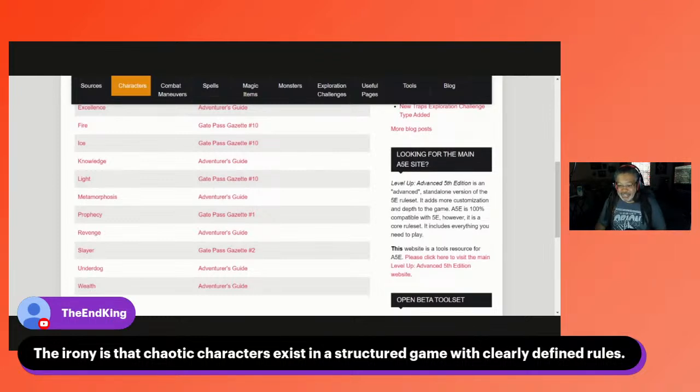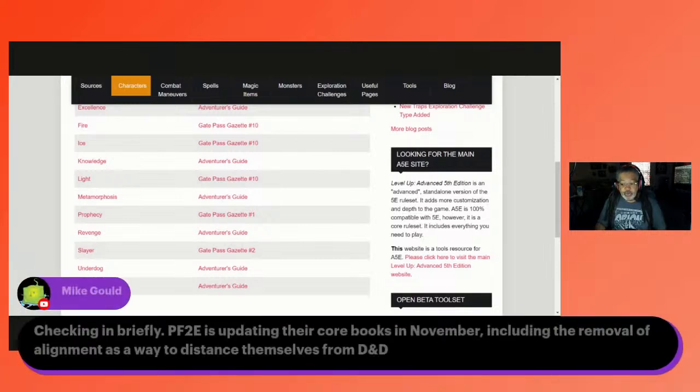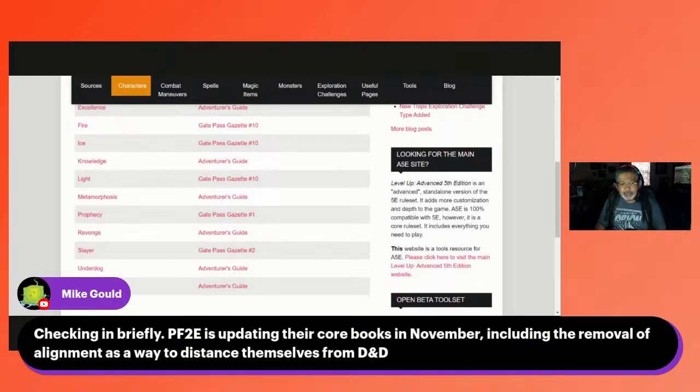Hey, Mike, it says checking you briefly. Pathfinder 2E is updating their core books in November, including the removal of alignment as a way to distance themselves from D&D. And they're also going back and retconning Drow elves, I believe. And I think Tales of the Valiant, TOV, is also doing something similar to that. They don't need to do that, like removing alignment or removing Drow elves, but